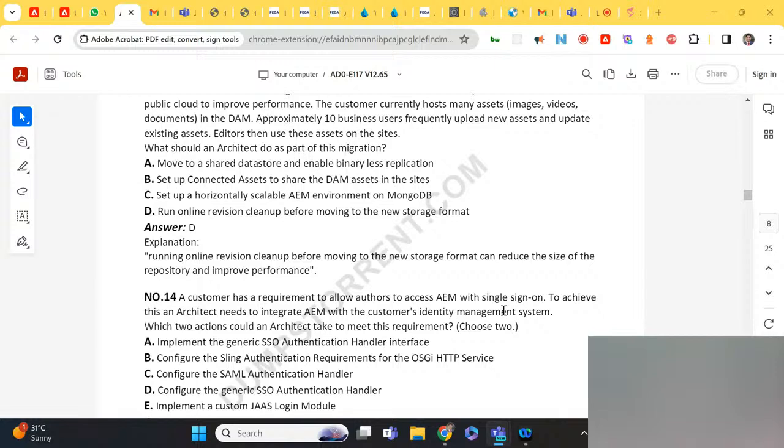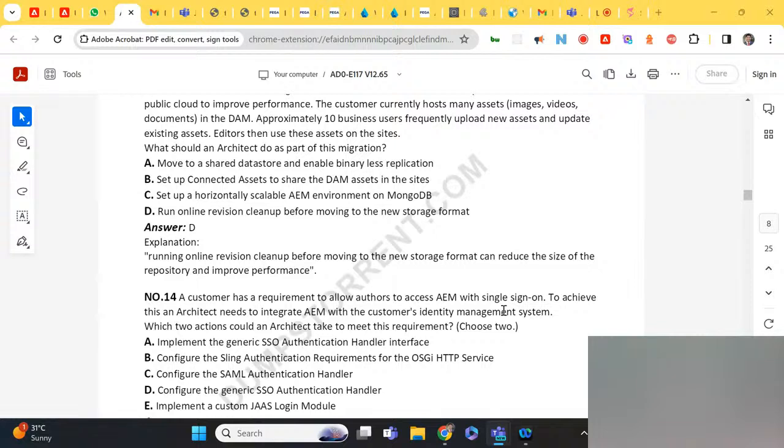Yeah, A also can be a possible option, right? Yeah, generic SSO also fine. But what is the difference between A and D? They're talking about configuring, here they're talking about implementing the generic. Yeah, so both are almost similar.